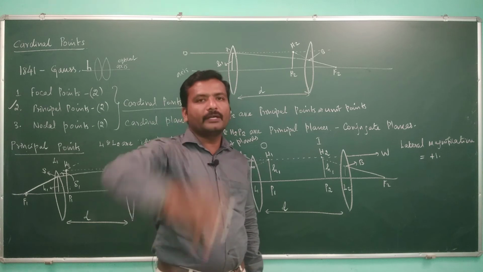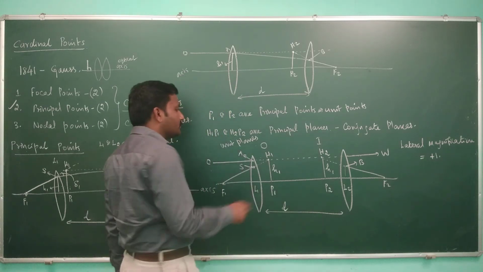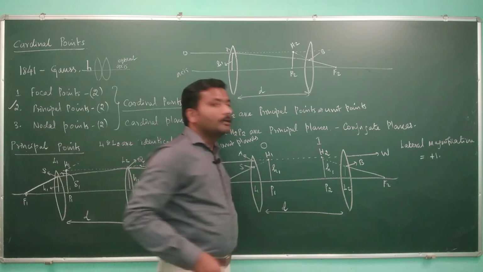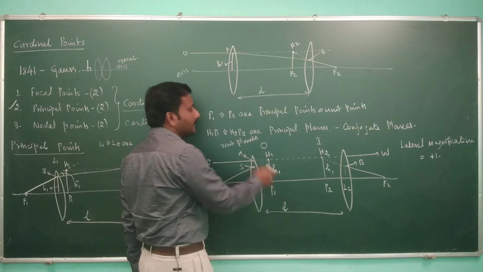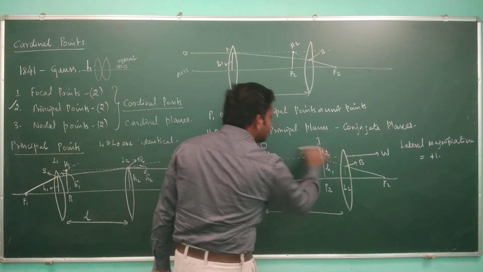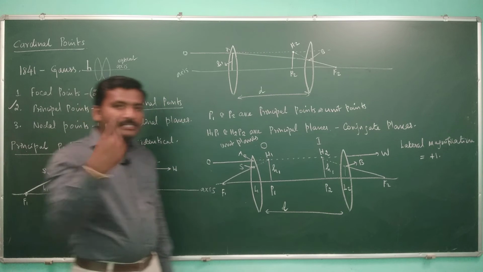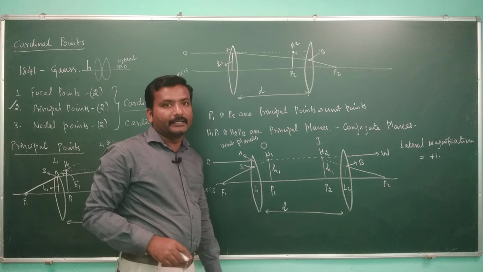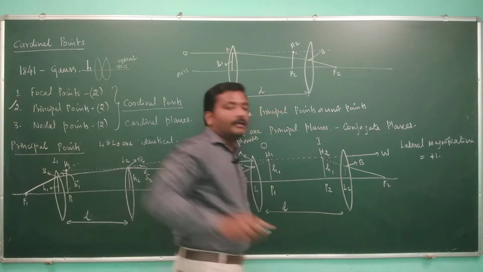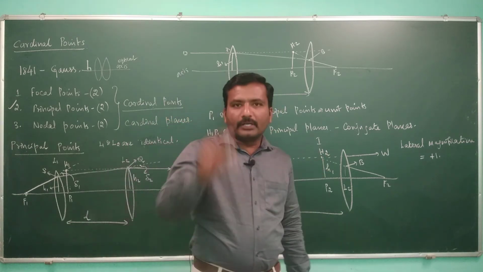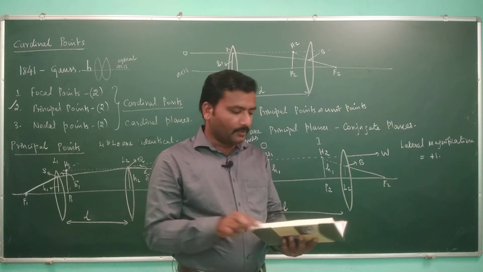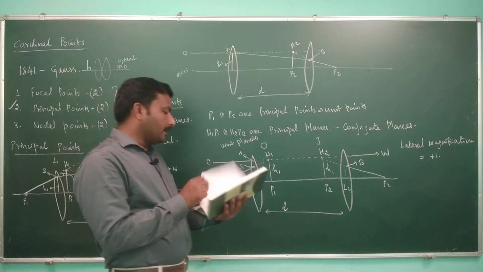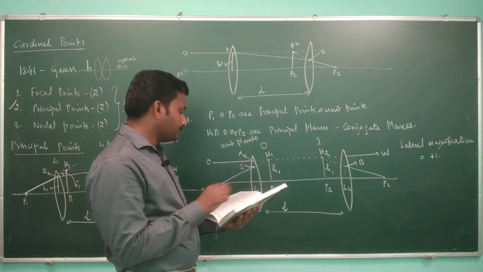By concept only we have defined it. Physically, these points do not exist. They are conceptual points because we define them by extending the lines. Originally it does not happen like that, because once the light ray touches here, it will be refracted. So these are very conceptual points that do not actually exist. Hence, in this way, you can define principal points and principal planes.